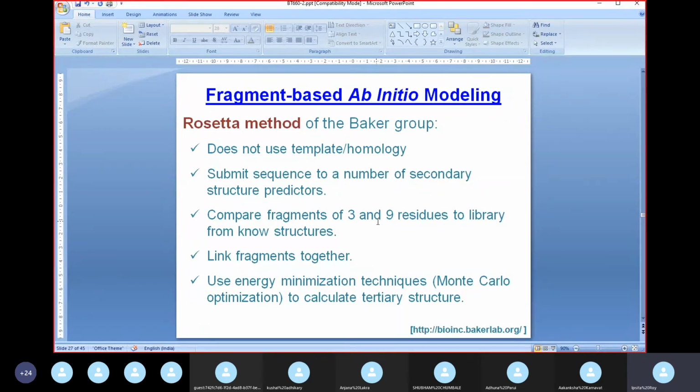So once you do that, then you have these secondary structures. Once you have built them, then you link them together. When you're trying to link them together, you will find that there are two nearby secondary structures which cannot come close to each other, because that gives a very unstable structure. So you again go back to the drawing board and start making the structure again till you get an energetically stable three-dimensional structure of the protein.